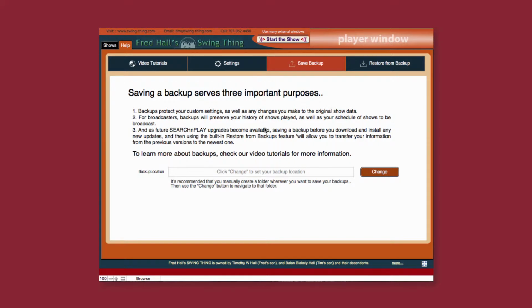And the final reason to do a save is because from time to time, and it doesn't happen frequently, I'll admit, whenever I do come out with a new update to the Search and Play database, I'll let you know you can download the newest version, which will not have any of your custom settings or anything in it. And so what you would do is, before you switch over to the new one, you would